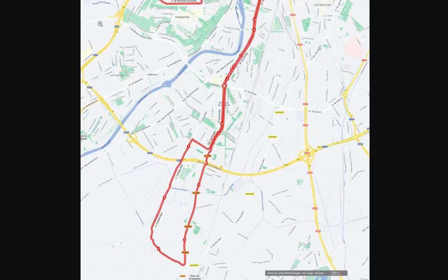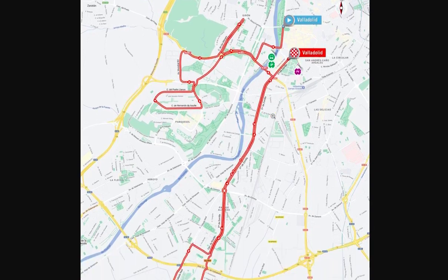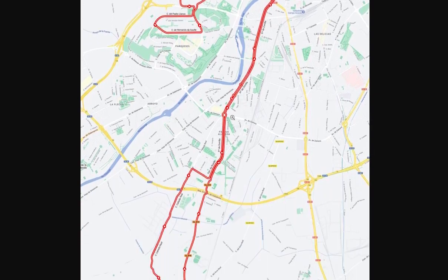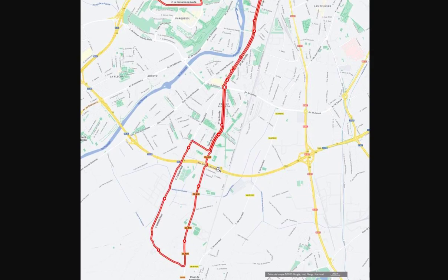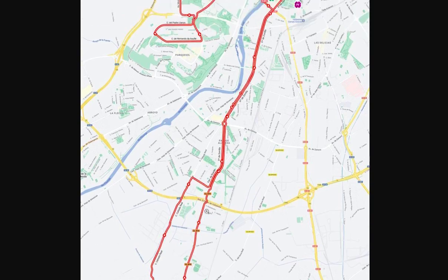So like I said, we're going from the city of Valladolid here near the river. Then outside of the city it is a bit twisty and turny in the first half of the course, but once they get back into the city, then we have this long straight heading over to, I think, ring road. Then we go probably under it all the way here south, and then it's straight back to the city of